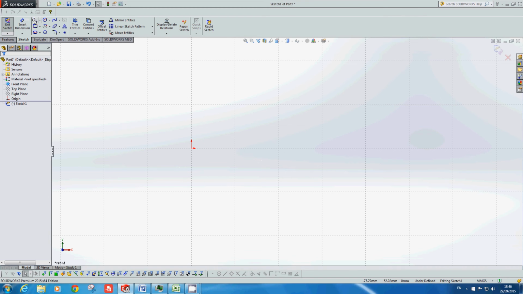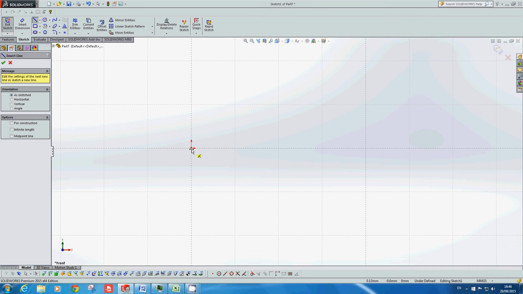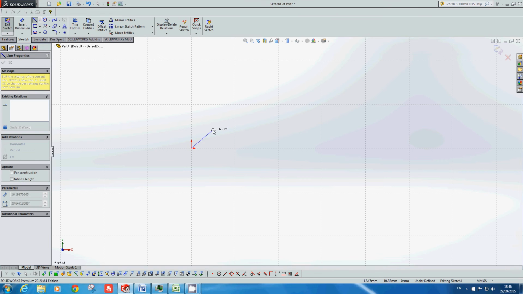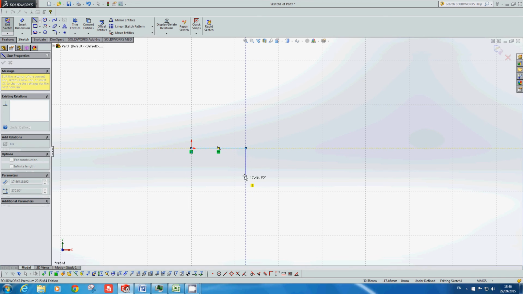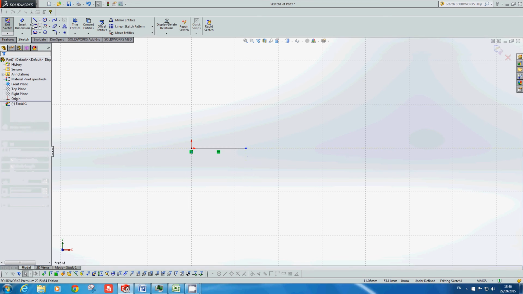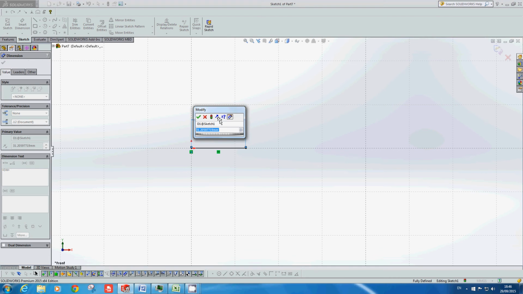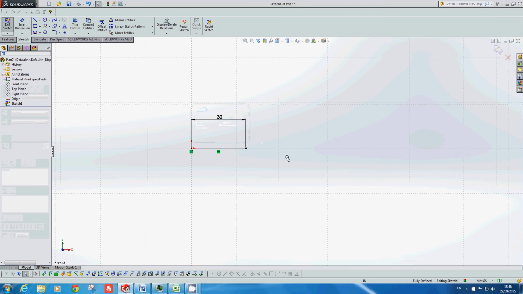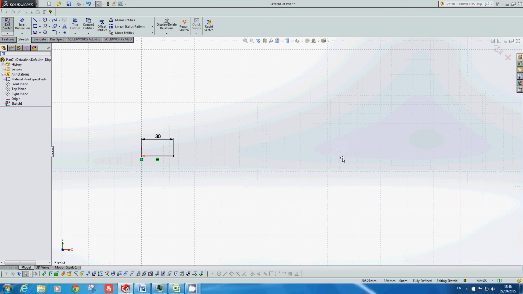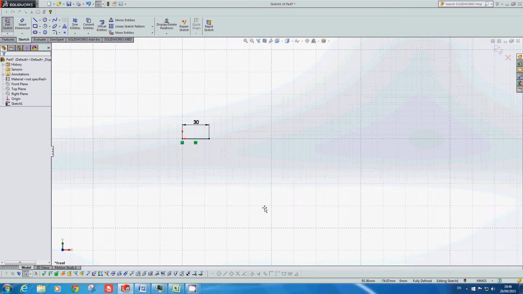So we're going to click a line, going to start in the origin. So you'll see there the green dot is highlighted again, so just click there. We're going to go in, what are we going in, 30, roughly 30. Now again, I just have a tendency of dimensioning the first line, first circle, the first entity that I draw. I'll dimension it. It's just force of habit, and I think it's a good one, so let's just dimension that. It gives you a scale for the rest of the shape,